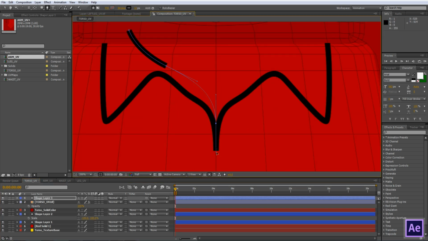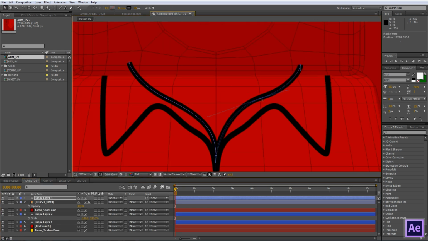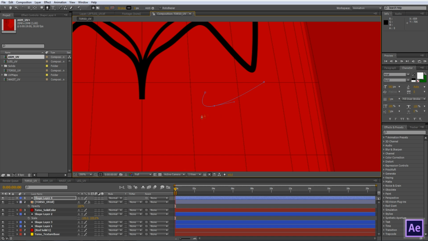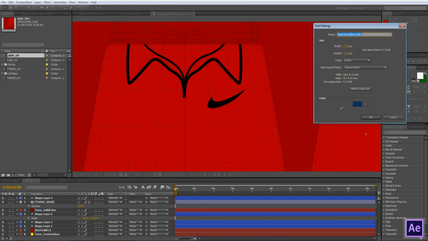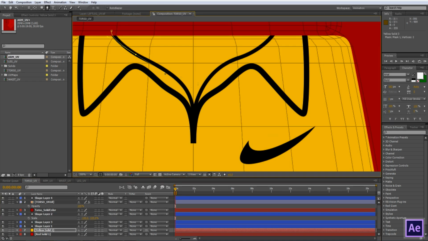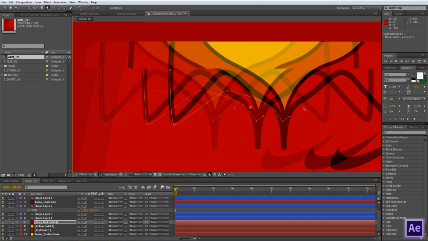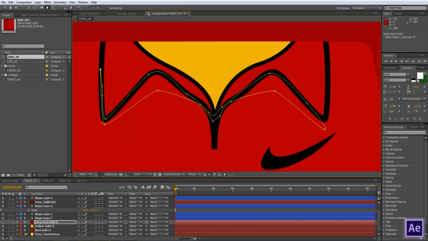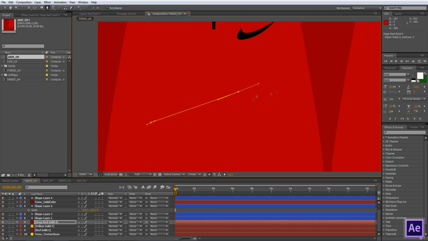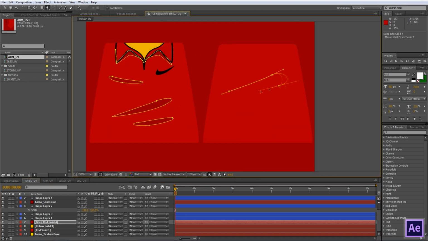Here I'm drawing curves for Ron's shirt collar and adding a Nike swoosh to the front because again it's a Tiger Woods shirt. Next I'll fill in Ron's neck with a yellow solid, and that represents the skin underneath the shirt, and I'll add a darker red solid for the shirt's folds and shadows. I'll repeat the process with the arms, adding yellow where Ron's forearms are visible and dark red for folds and